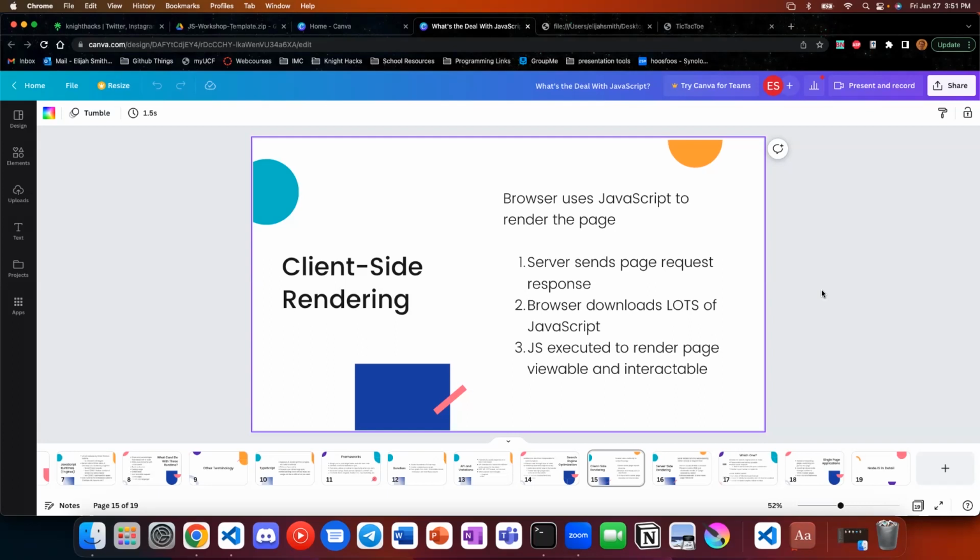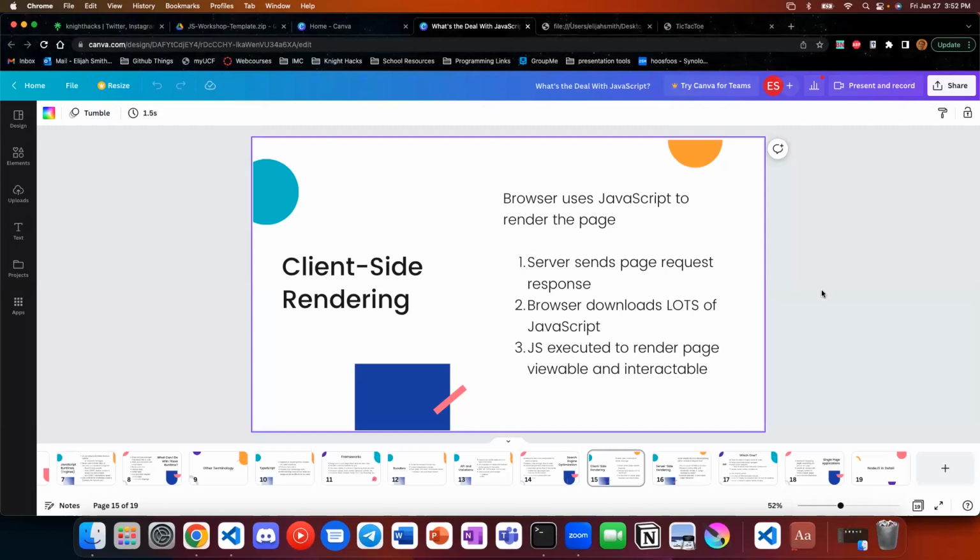In client-side rendering, the browser will use a lot of JavaScript to build the entire page. So if you have something that's really complex and depends on a lot of data that you can't represent in a base HTML page, a lot of the page will be built through that JavaScript. The client will send a request to the server for the page that I want to go to, and the server sends back a lot of JavaScript that tells how to build the page. And then the client itself renders the page from all of that JavaScript.